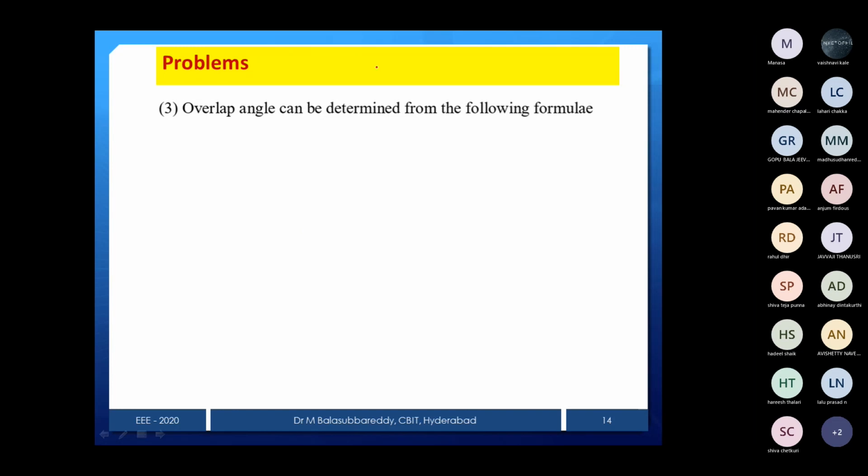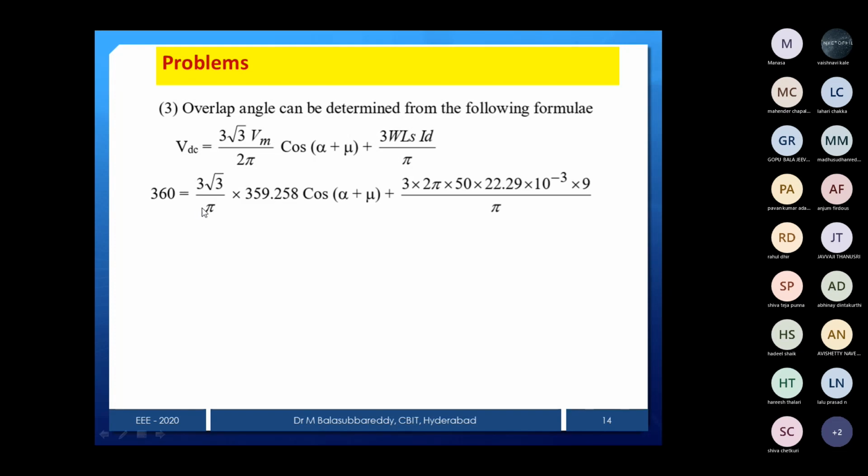Depending on your available data, you can choose the formula. But there are only 3 formulas: VDC in terms of cos alpha alone, minus drop; in terms of alpha plus mu, plus drop; and another one is the Id expression, which you can also use if required. Now this is the same formula, just make use of a plus here, and you will get cos of alpha plus mu is equal to something, and then you will get alpha is equal to. So this is the mu is equal to